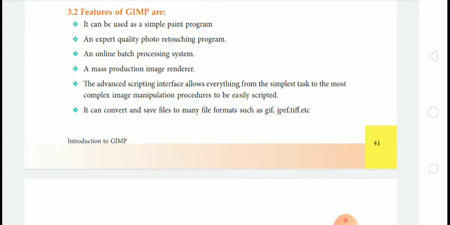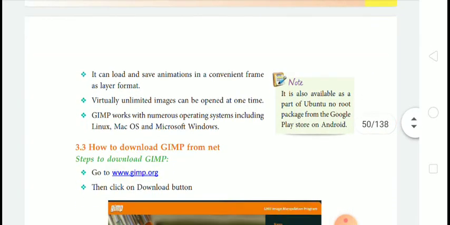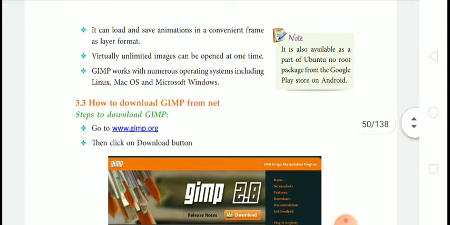It can convert and save files to many file formats such as GIF, JPEG, TIFF, etc. It can load and save animation in a convenient frame as layer format.